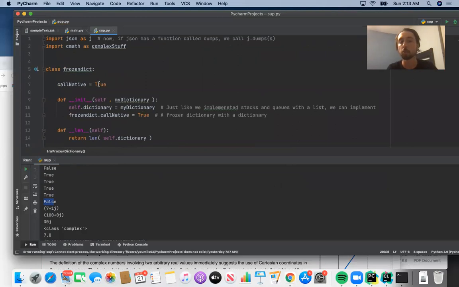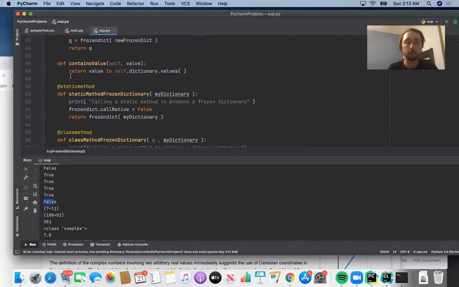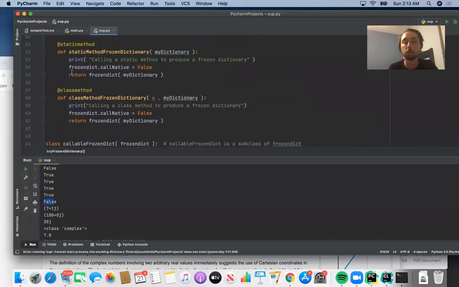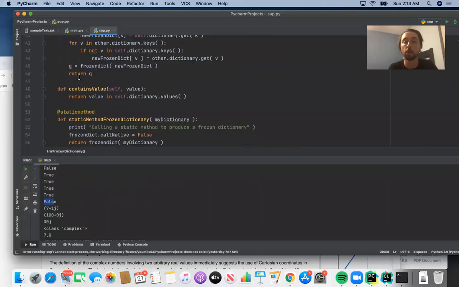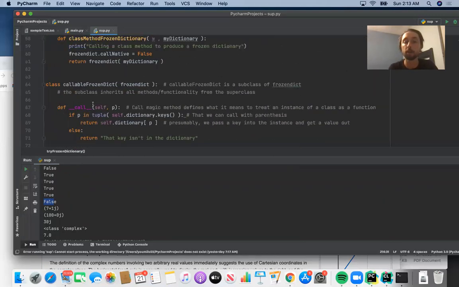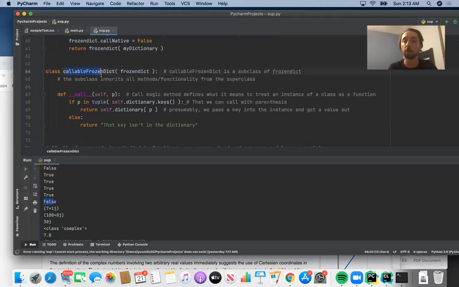But we're saying that a callable object can also be an instance of a class that provides the call magic method. So here in the superclass, in the class that we talked about in the previous video and reviewed in this video, defined from line 5 to line 61, there's no call magic method, right? We talked about all these methods that we supplied, but none of them are called call. But then if we go into the subclass, the only thing that a callable frozen dict can do that a frozen dict cannot do is be called, right? And that's literally why I called it callable frozen dict. It's an intuitive name for the subclass because it provides a call magic method.